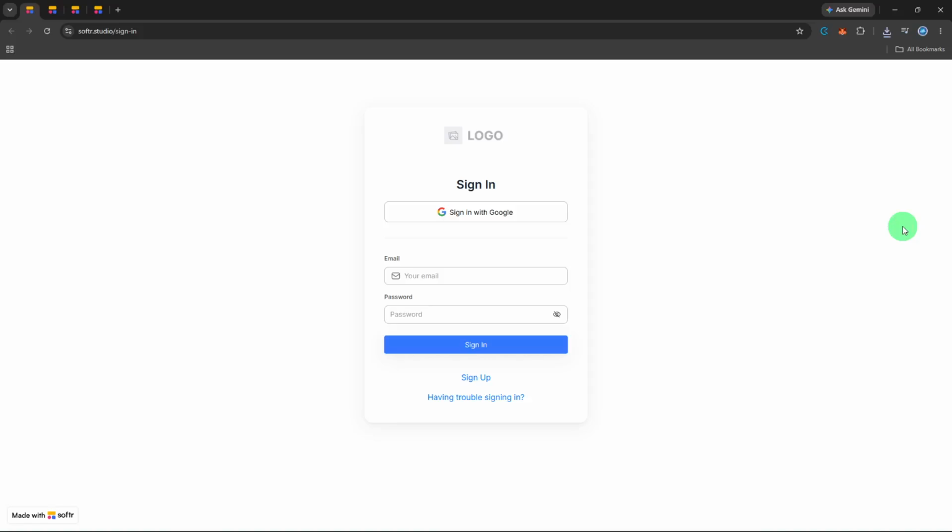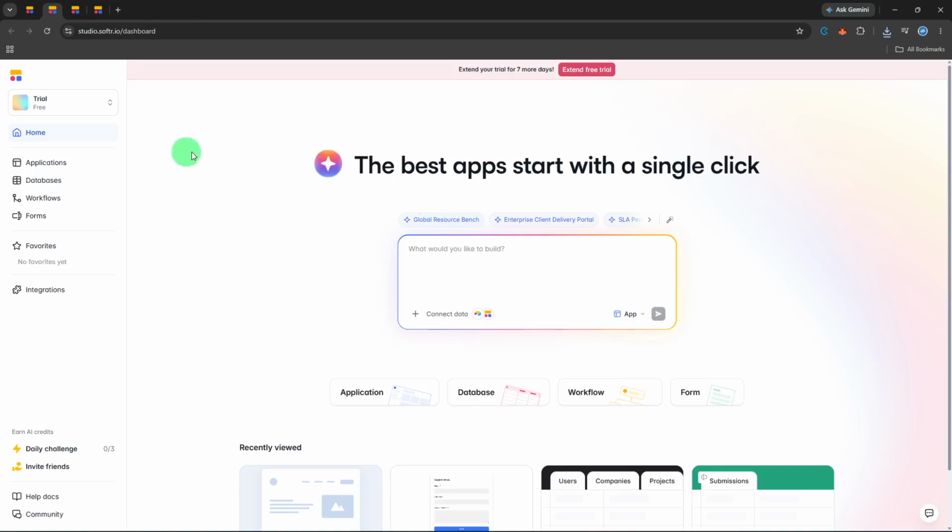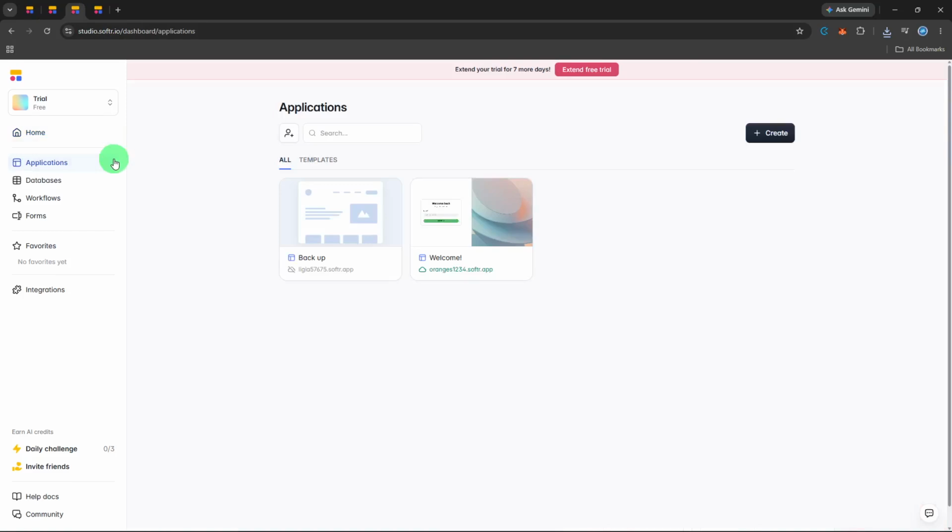Log into your Softr account and head to the Applications page to get started with adding a team section. This is a fantastic feature for any business, organization, or project-based app because it puts real faces to your brand, building immediate trust with your audience. When visitors see the people behind the work, they feel a stronger connection, and it makes your application feel more